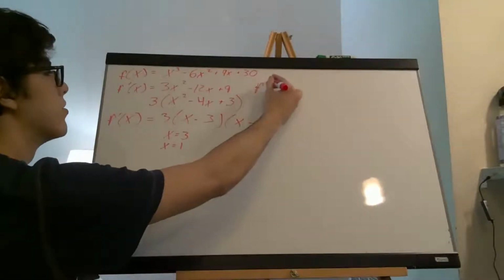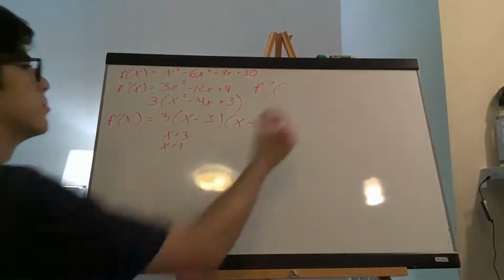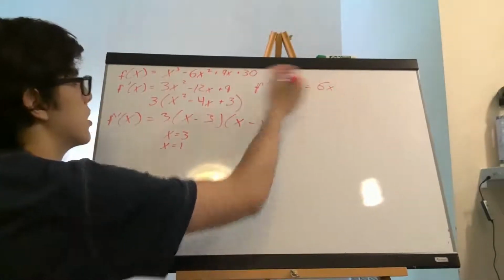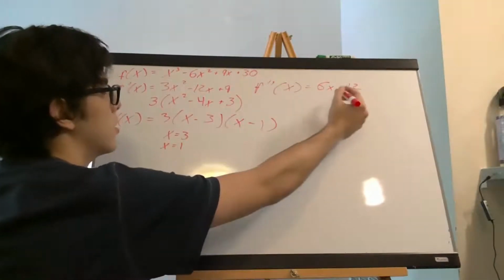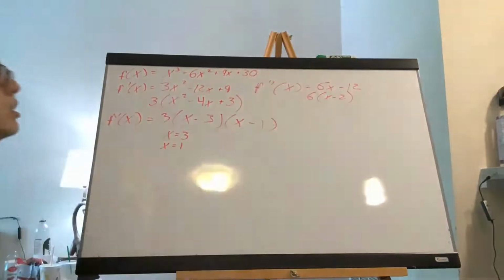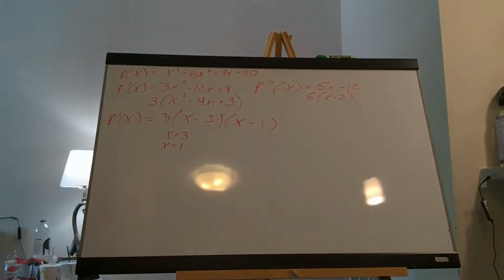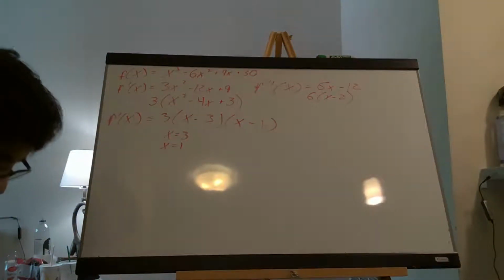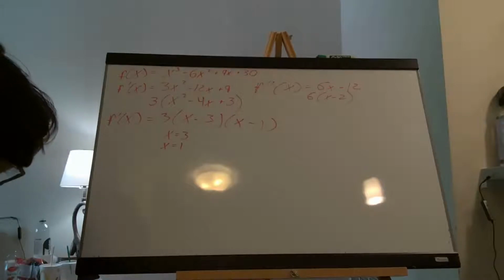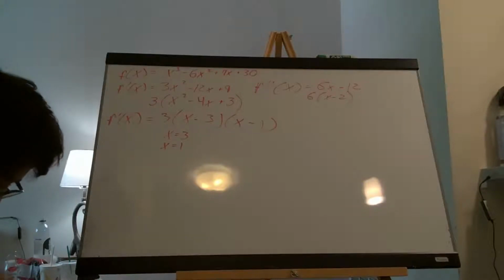I'm just going to write the second derivative too. F double prime of x is equal to 6x minus 12. Factors out to 6 times x minus 2. Okay, so we know that this is a polynomial expression. So the way we're going to write this,